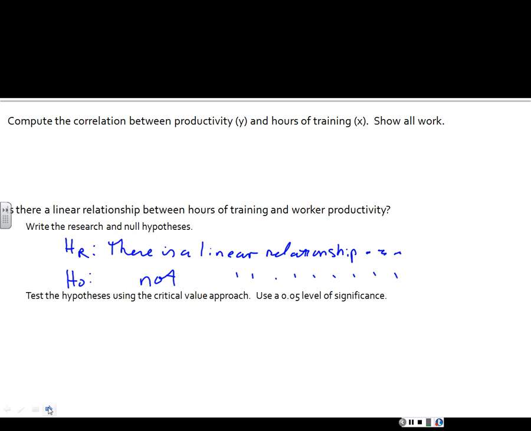Since we're looking at correlations, it might be beneficial to think of this HR as rho, the population correlation, not equal to 0. In other words, there is some non-zero correlation. And HO is that all we're observing is random error, that the population correlation could be 0. So this is a two-tailed t-test. We're going to reject HO